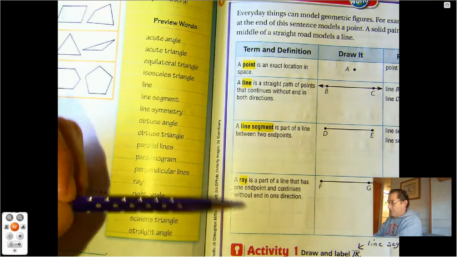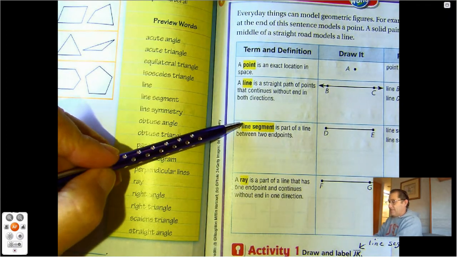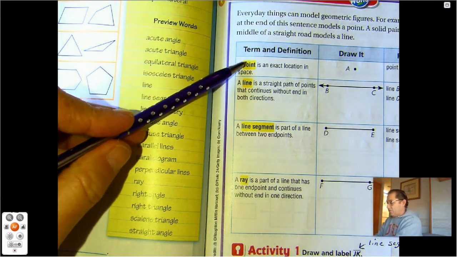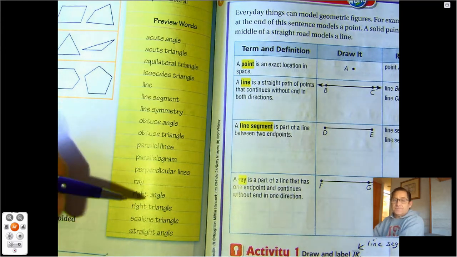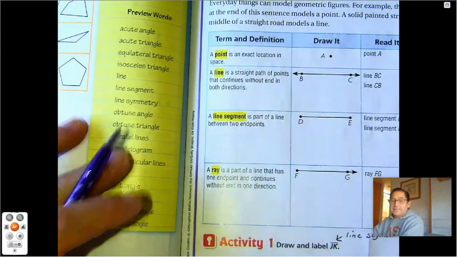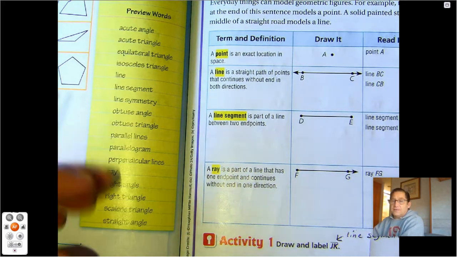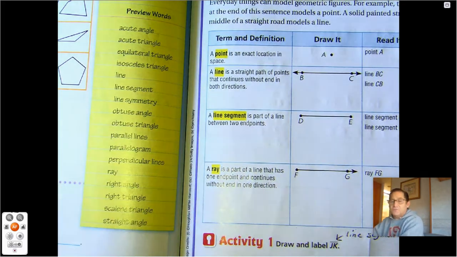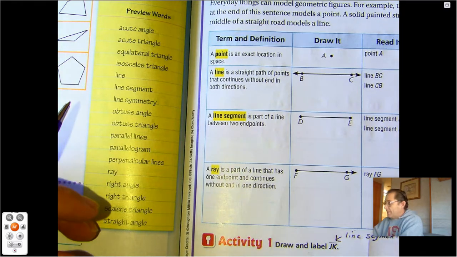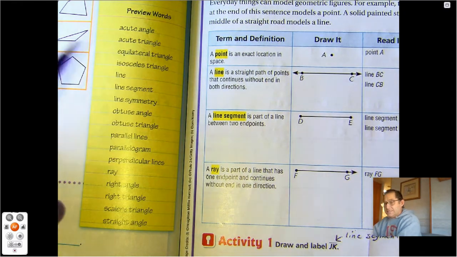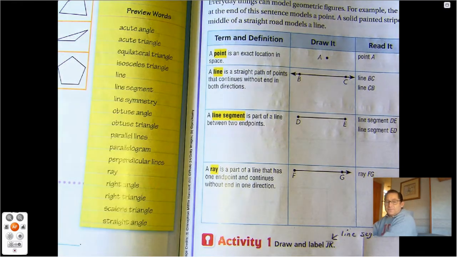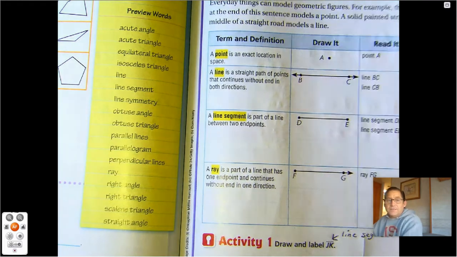And then we also need to know a ray, a line segment, a line, and a point. So we have 9 different terms that you really need to practice and know. So I make, again, like I said, flashcards, and have somebody quiz me and practice. You're going to continue to use these terms. Okay, so geometry really does build on